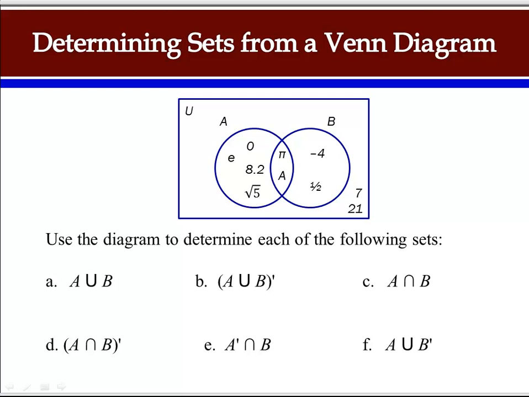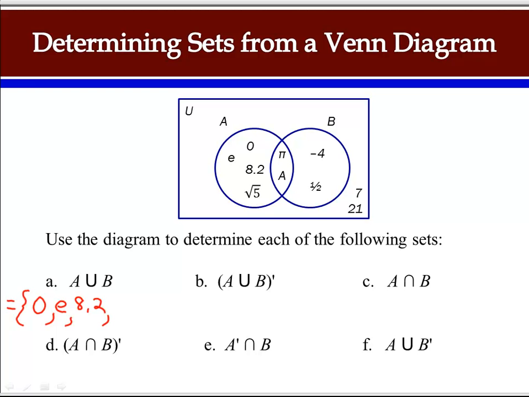So we'll use this diagram to determine each of the following sets. So the first one is A union B. To find the union of two sets, we find the elements that are contained in either or both sets. Remember, OR is for union. So we need to list those elements from A or B, and they would be 0, e,